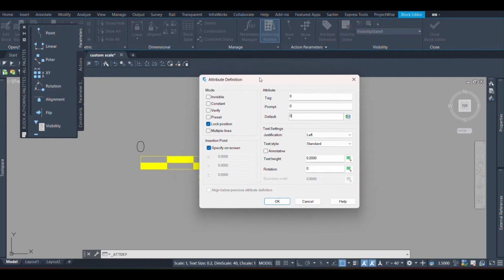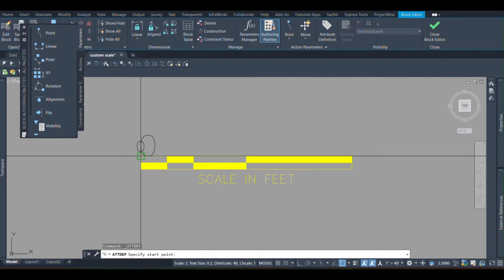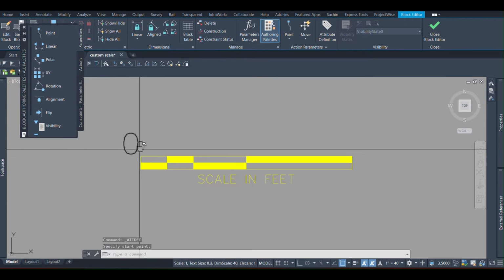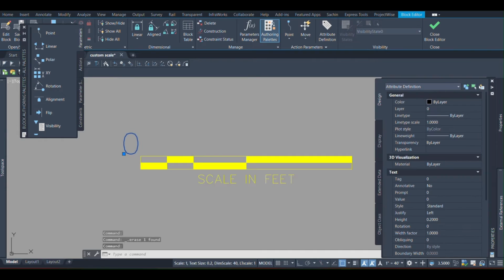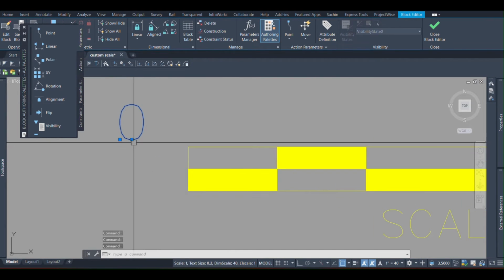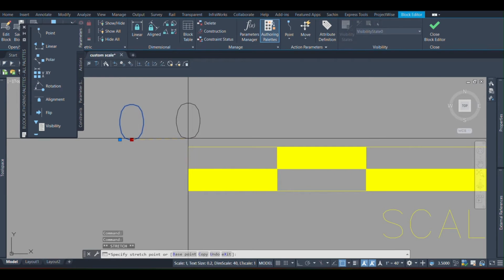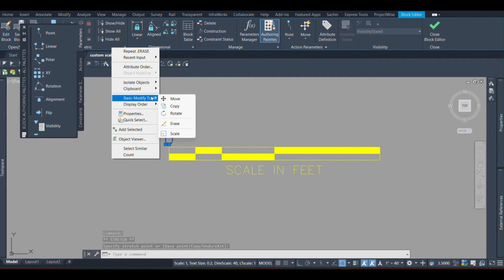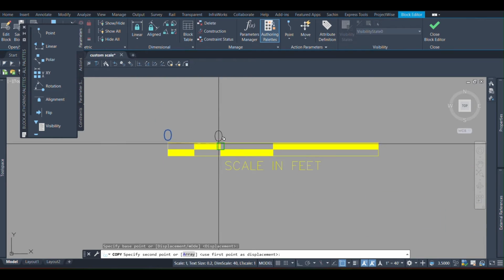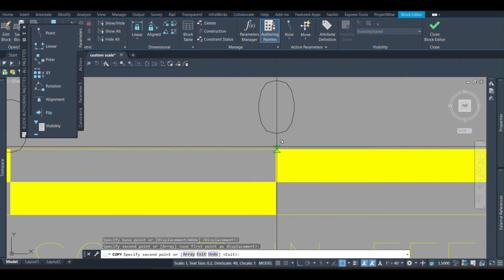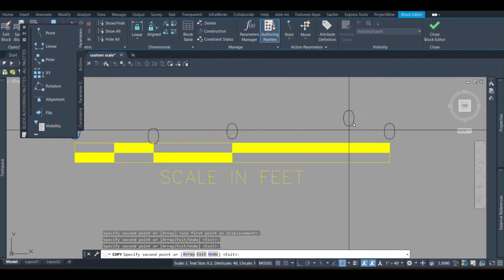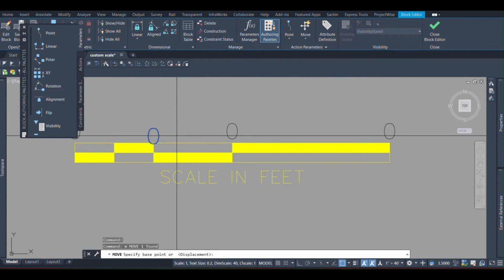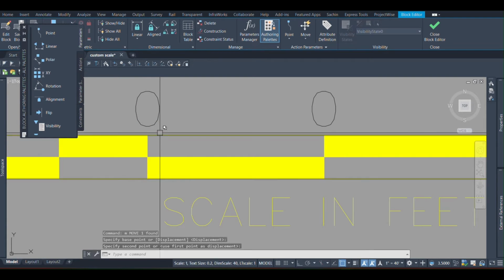Make changes as you need. Okay, then I'll copy it. Okay,